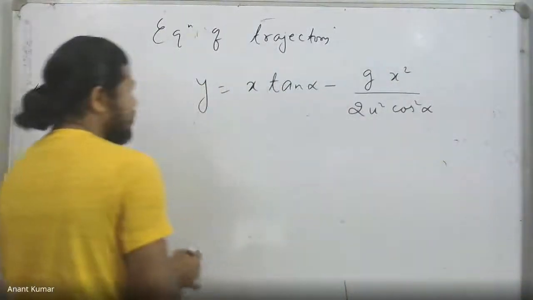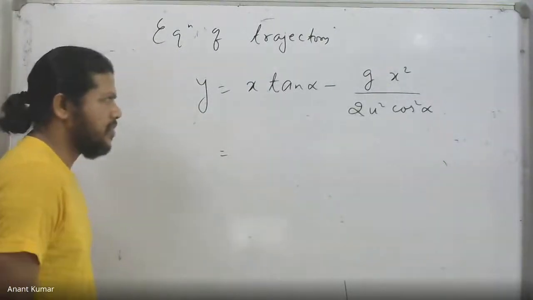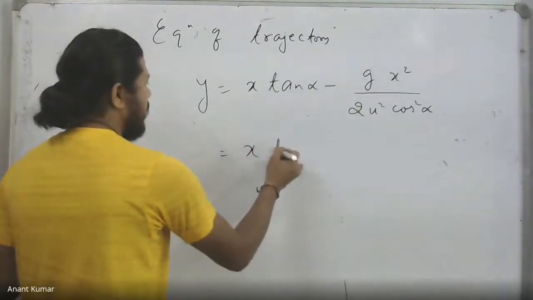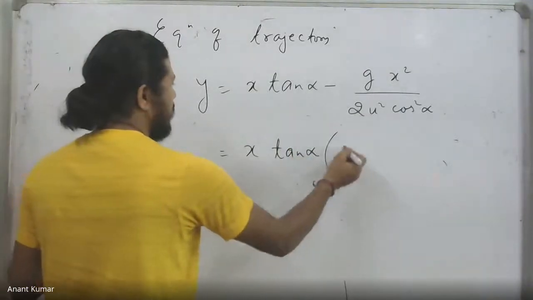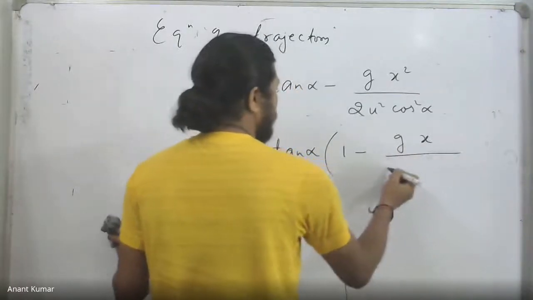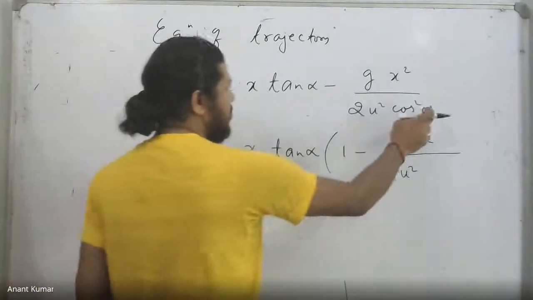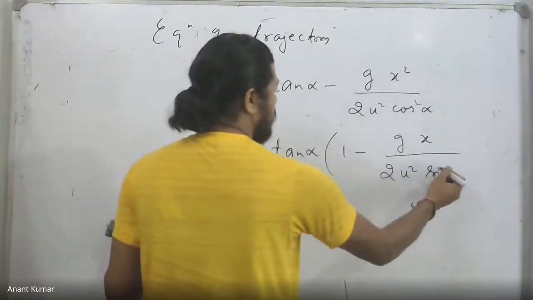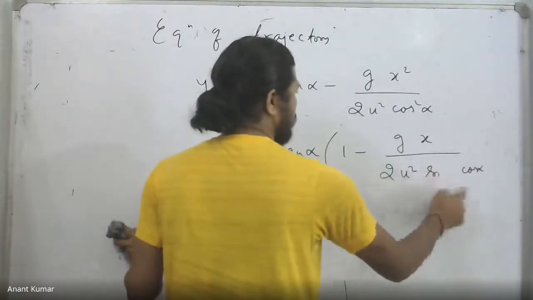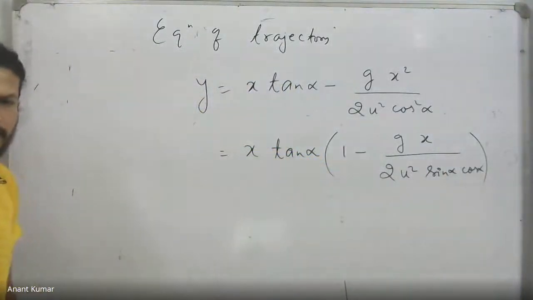I can just pull out in this case, for instance, tan alpha is sine upon cos actually. I might in this case pull out tan alpha common and x as well. So I get x tan alpha common. What is left is 1 minus g into x divided by twice u square. I have pulled tan alpha out common, so I must divide with tan alpha, but then it becomes sine alpha into cos alpha. Once I have pulled out x tan alpha common, I end up getting in this case